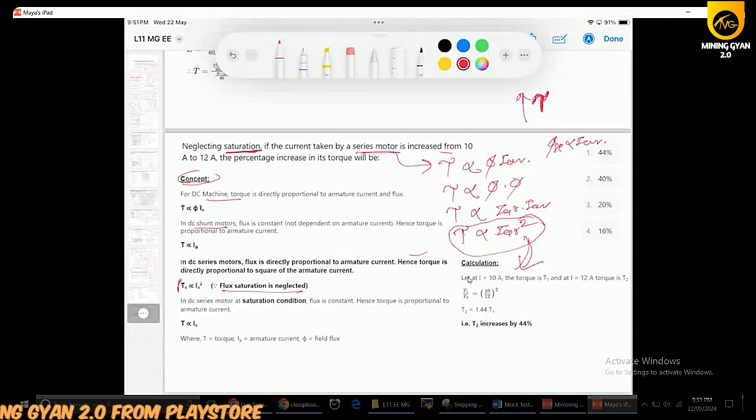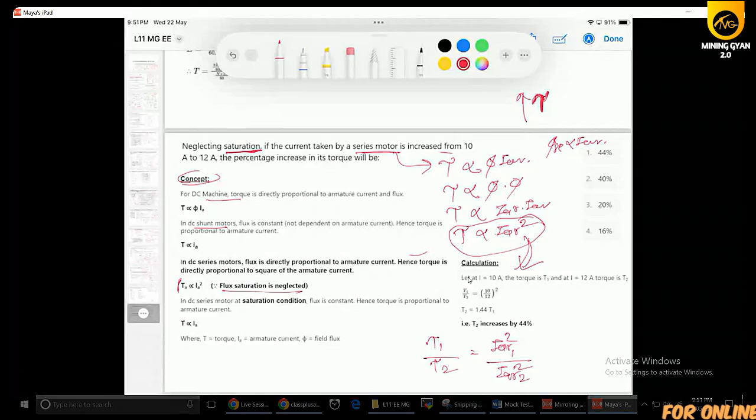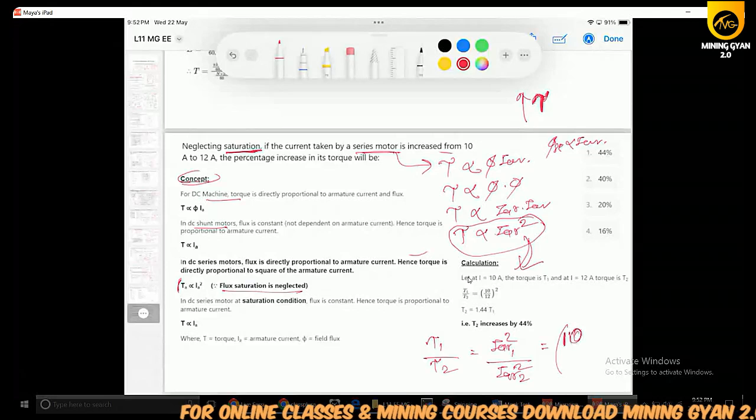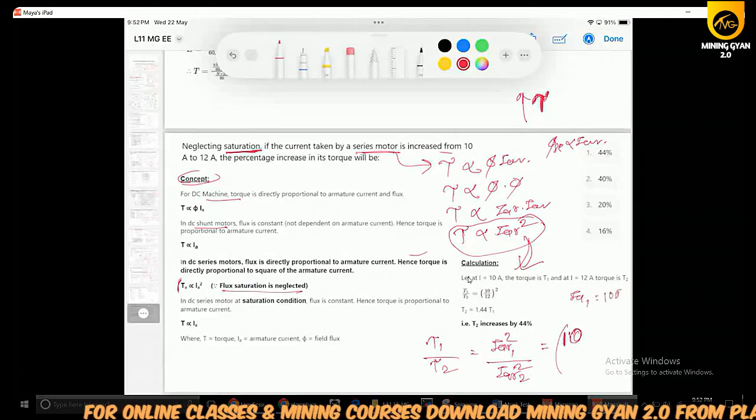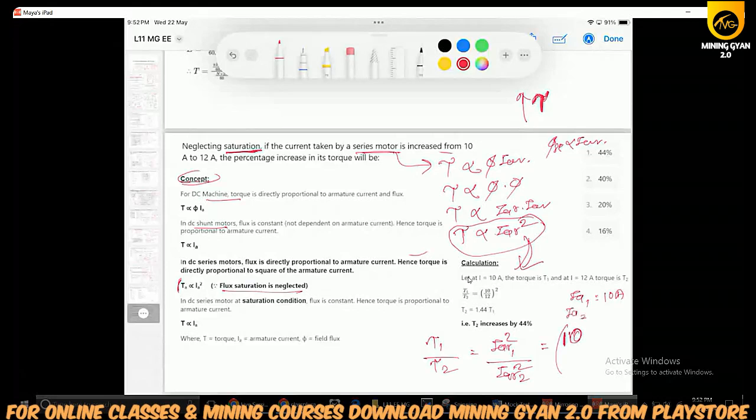Then T1 divided by T2 will be how much? Ia1 square divided by Ia2 square. And what they have given, we have to calculate the percentage increase in the torque, right? So you can write like this: the current Ia1 was earlier 10 amperes, and now it has increased from 10 amperes to 12 amperes. So 10 divided by 12 whole square, so T1 by T2 will be this much,